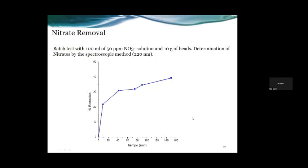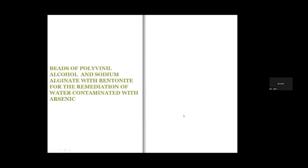When you test this type of composite for the removal of nitrates, you can see that you reach 40% removal in a short time, maybe 2 or 3 hours. This is about the impact of this. And then you can